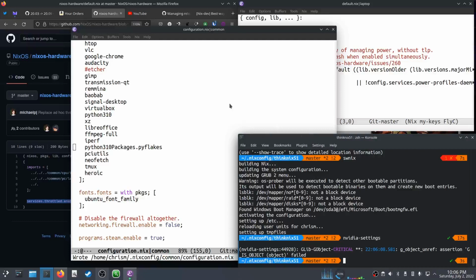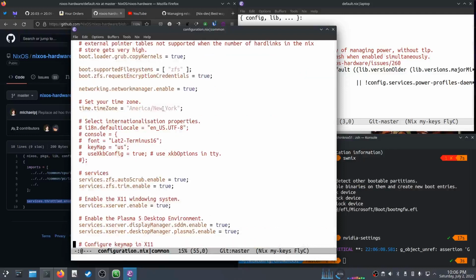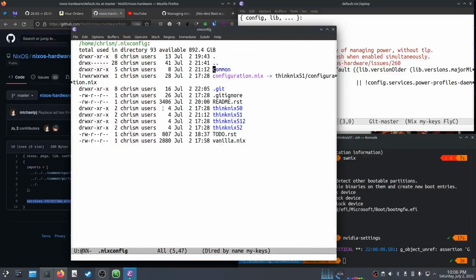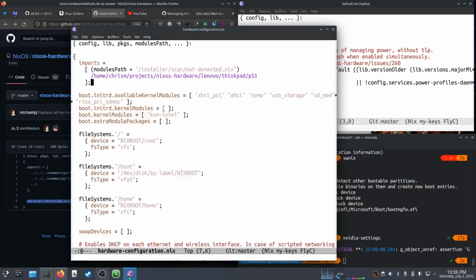So good, right? At least we have separation of concerns. We have one repository that handles our hardware, and the other one doesn't have to know anything about it, it just imports it by virtue of knowing that it is a P51. Okay, so